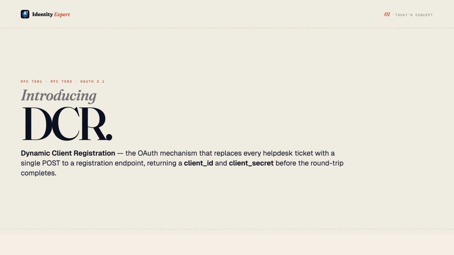Dynamic client registration, DCR. Normally, every OAuth client must be manually provisioned by a server administrator before it can request a single token. DCR flips this around. An application sends its own metadata to a registration endpoint, and the authorization server responds with a fresh client ID right there on the wire. No help desk ticket, no admin portal, no deployment gate. One HTTP POST and the client exists. That is the core insight RFC 7591 gave us in 2015, and OAuth 2.1 has since adopted it as the